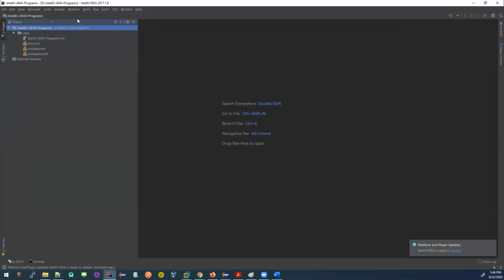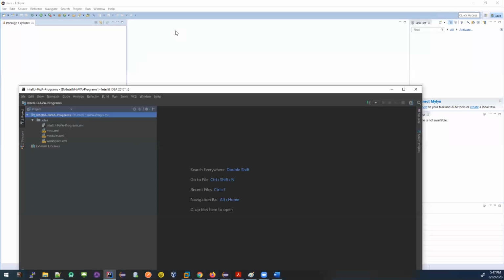But I mean, it also has some benefits. Some people like IntelliJ, some people like Eclipse. I like Eclipse very much. IntelliJ also has some advanced features. But if you want to do some enterprise level coding for Java, you cannot do it in this community version. You need to purchase the professional version for IntelliJ. For Eclipse, it doesn't matter. It's all free.